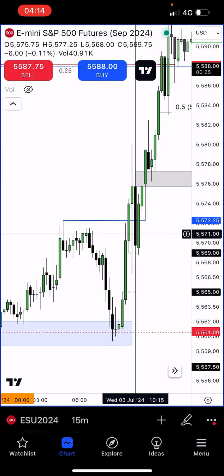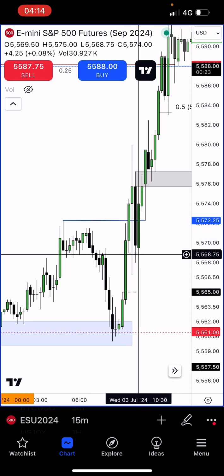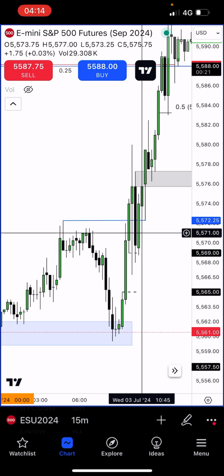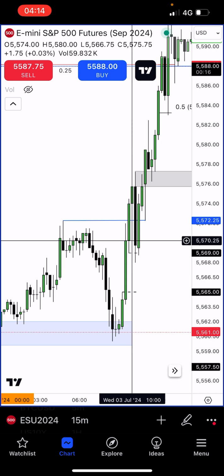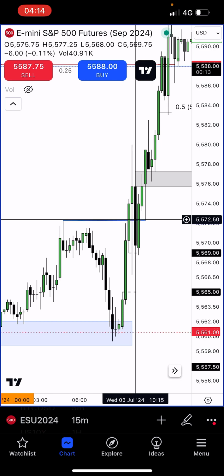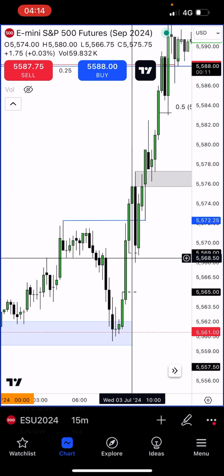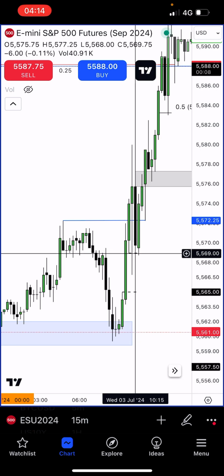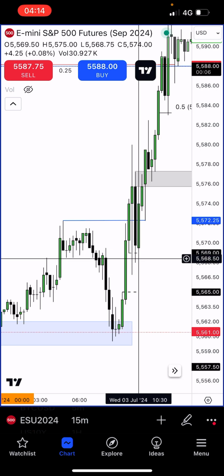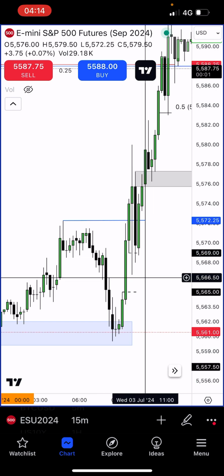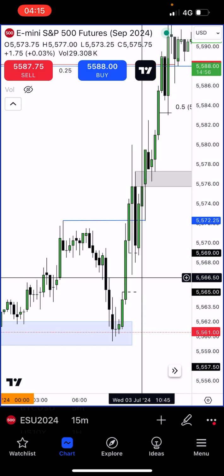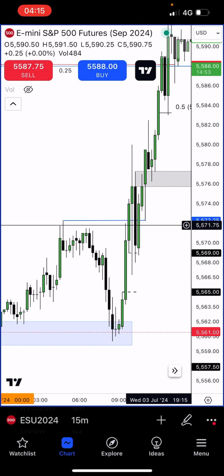So what I'd be waiting for in this instance, because there's no fair value gap here, remember, this candle here took stops. This is the order block. It's sold into the fair value gap. Now, what I'd want to do is place my orders there with my stop loss. See, 569, 566, that's 3 handles, 12 ticks, roughly between 12 to 13 ticks.